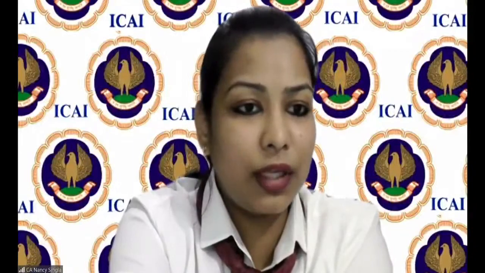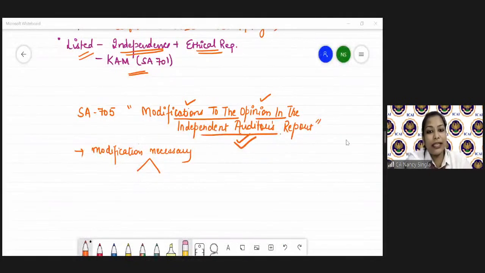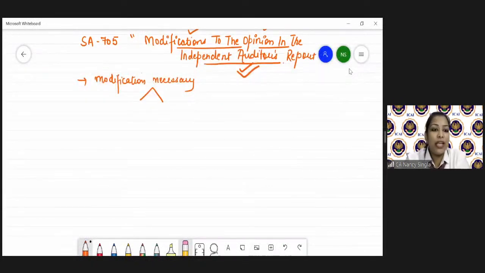Tell me whether you as an auditor, will you give an unmodified opinion? No. There will be a modification, and what kind of modification, it depends upon 2 factors which we'll be discussing. So let me just write this for you, that when will an auditor consider that the modification is necessary? There can be 2 situations, as I told you, that